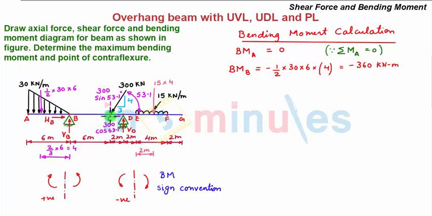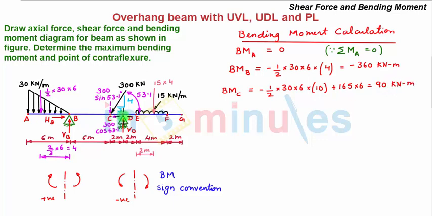Next we move section to point C. So bending moment at point C is equal to, now considering the left hand side of section, we have an anti-clockwise moment caused due to this UVL, which is now acting at a distance of 4 meter plus 6 meter equal to 10 meter. So we have minus half into 30 into 6 into 10 meter. Also we have this clockwise moment caused due to this vertical support reaction VB of 165 kilonewton magnitude acting at a distance of 6 meter from point C. So we have plus 165 into 6. Now upon solving this, we get the value of BM at C equal to plus 90 kilonewton meter.